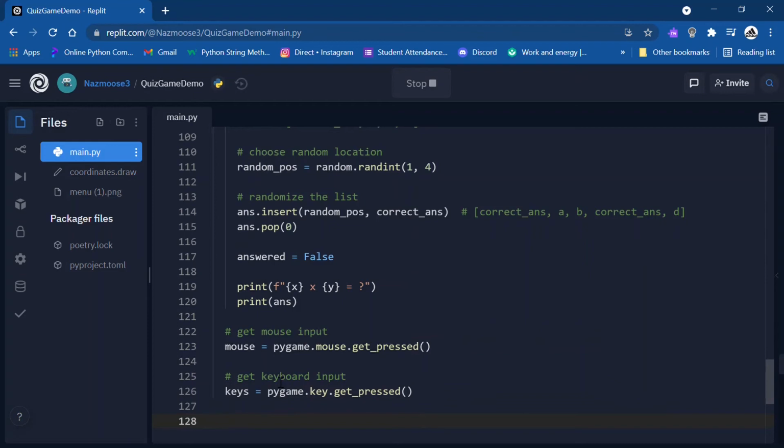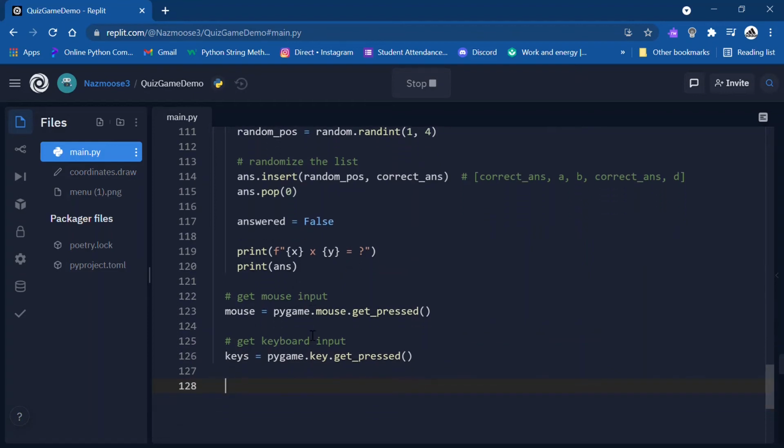Okay, and now that we have the inputs, we want to detect what they said. So this will be for box 1, which is the box on the left, the first box from the left. So if, and then this will be the mouse, so if pygame.mouse.get_pressed